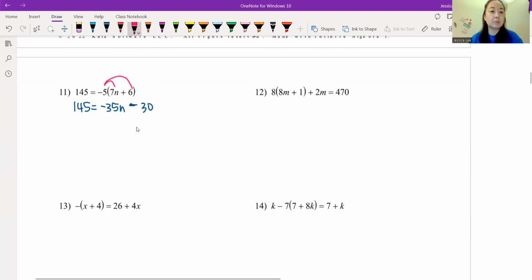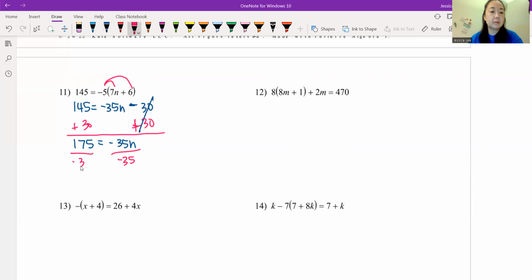And then we're just going to add 30 to both sides. And I'm going to get 175 is equal to negative 35n. And again, divide by negative 35. I feel like it's one of those all roads lead to 2-step equations. You're going to notice that. And that's going to be n is equal to